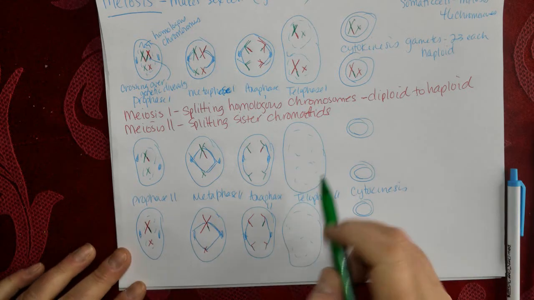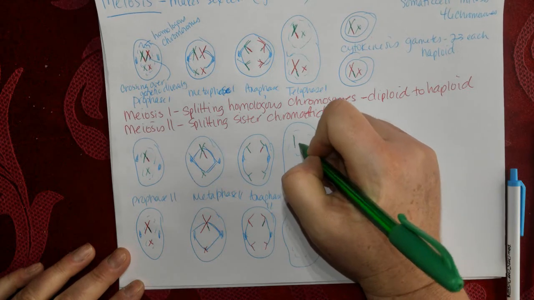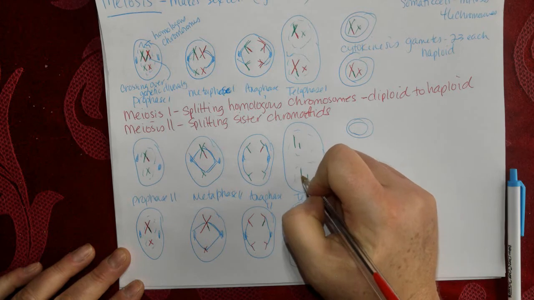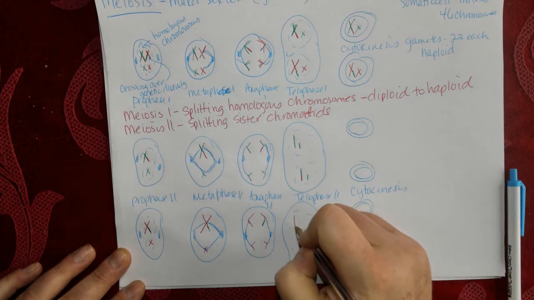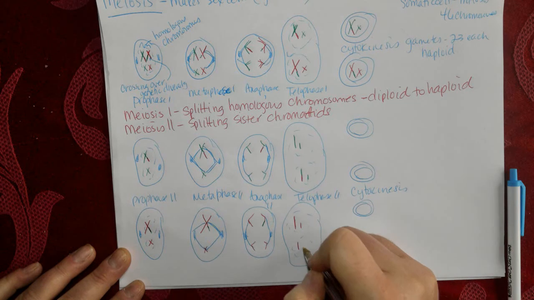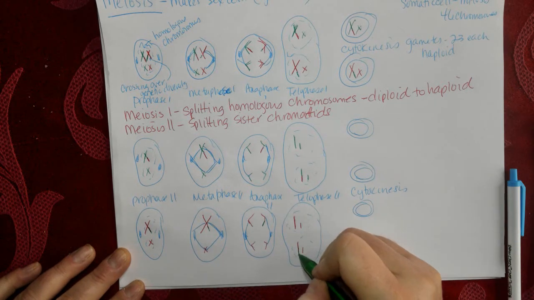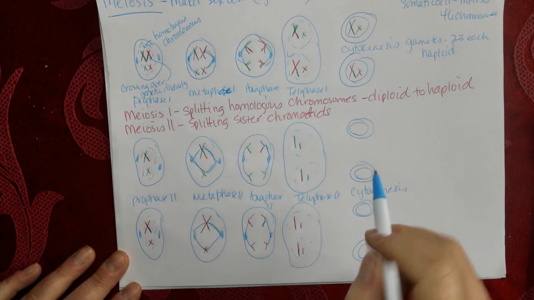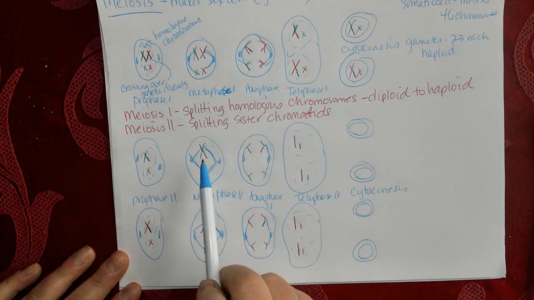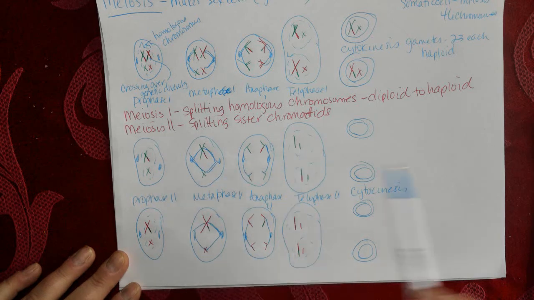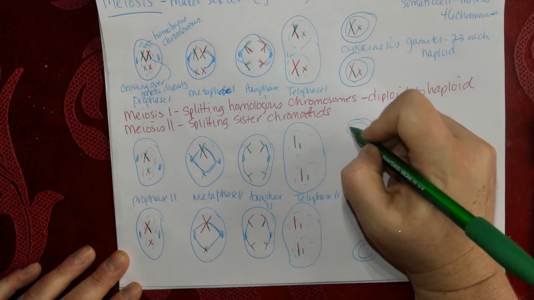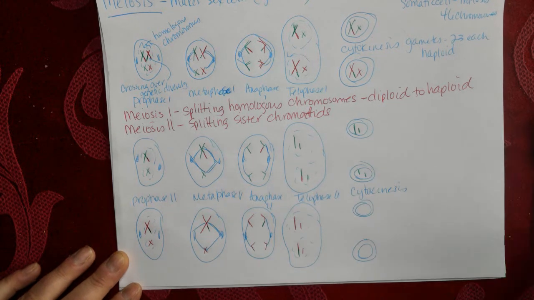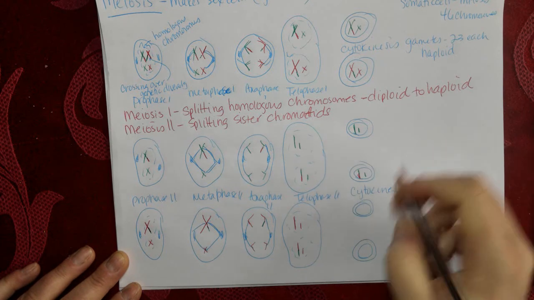Now in telophase, we now have a tall one and a short one. A tall one and a short one. Tall and short. And tall and short. And our nucleus is starting to reappear. We have taken our chromosomes and split that duplicated chromosome. And now in our individual cells, we end up with